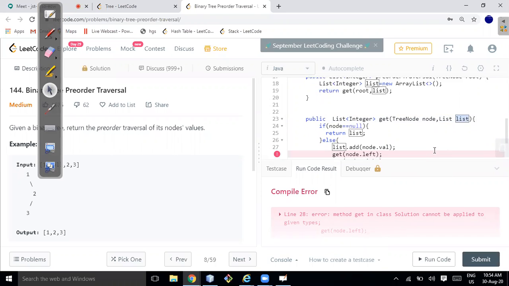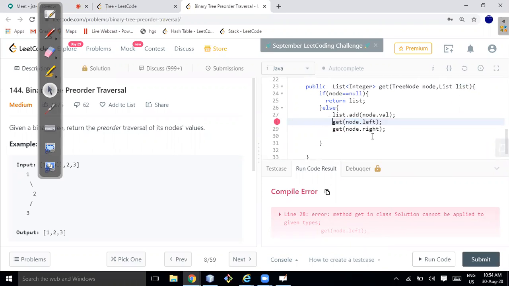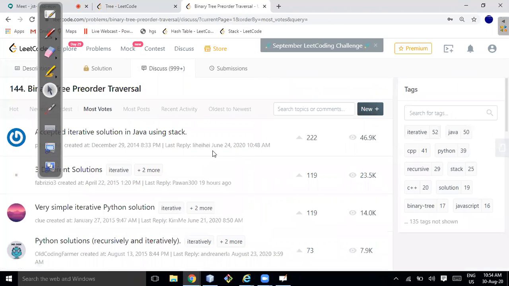Get node dot left. Here actually two things are getting triggered. So how do we write it? Okay, we'll discuss this part, or let me see if any instant solution I can see.